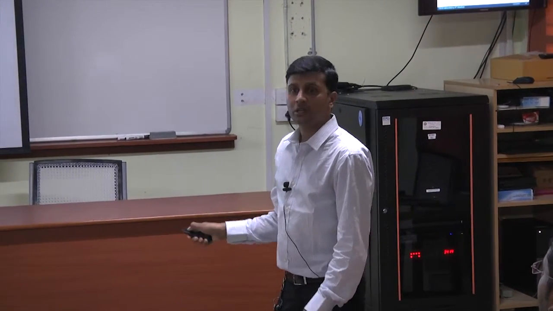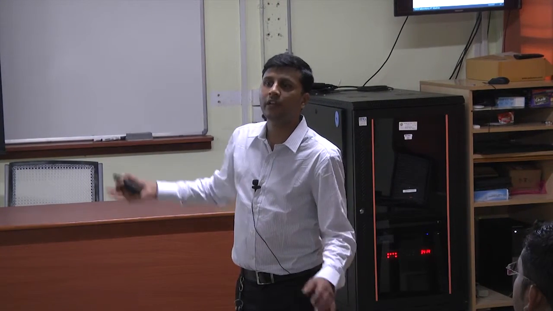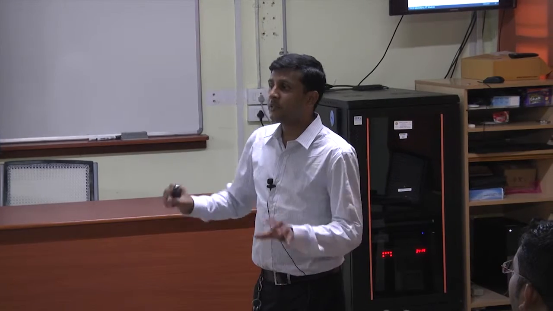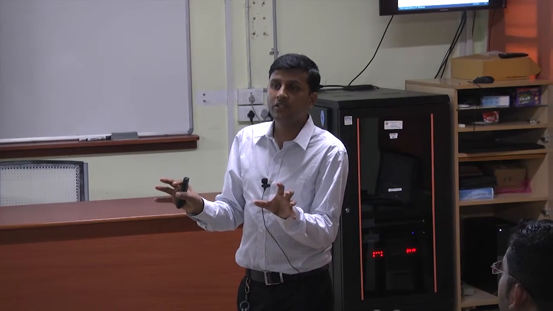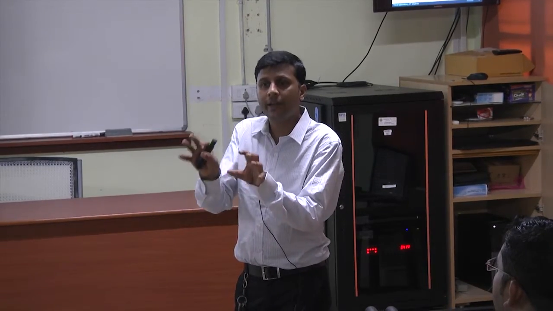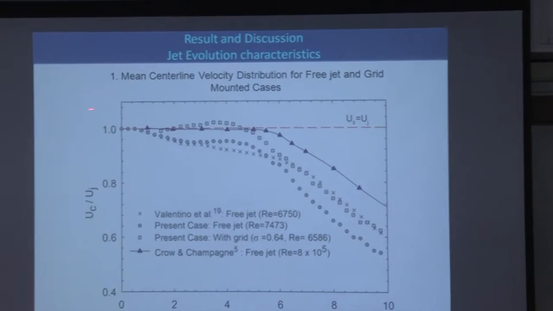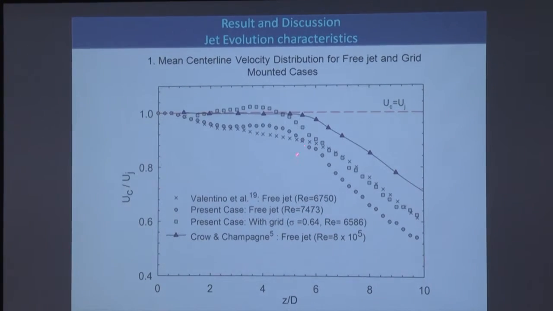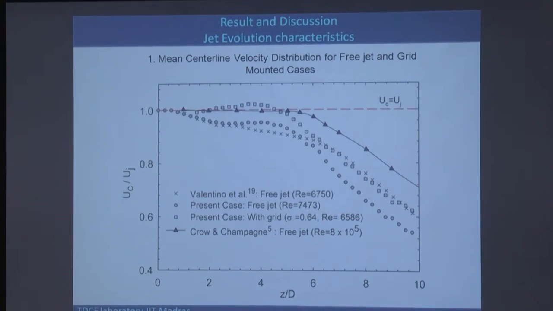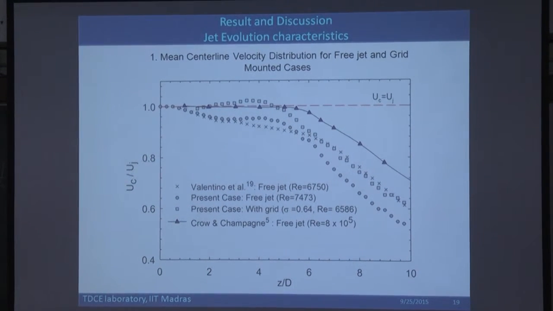So in a low Reynolds number jet, like what we are looking at, 4000, 6000 and 7000, which are very low Reynolds number jets, the vortical structures which are formed at the edges are so large that they come inside and affect the potential core region. So instead of a constant velocity inside the potential core, we have an oscillatory velocity, which is oscillating because of the interaction between the vortical structures and the center core layer.